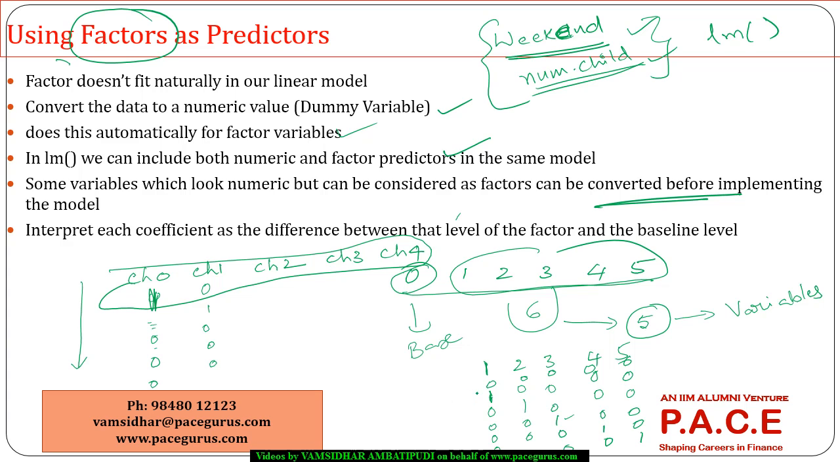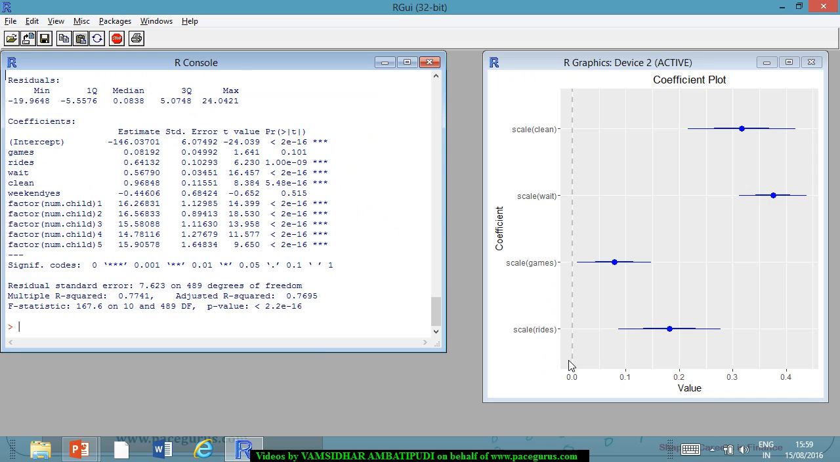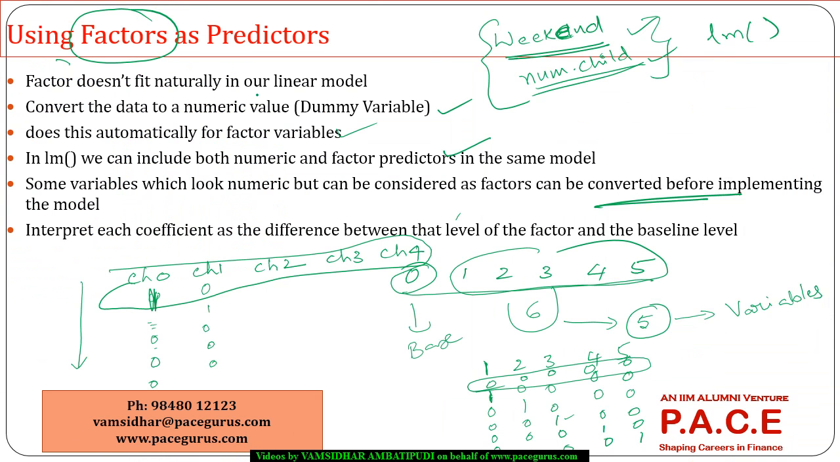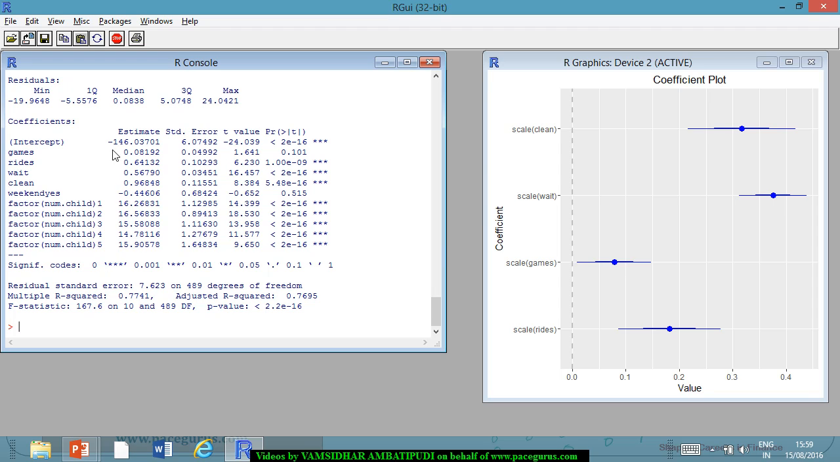Now that is why I am calling the 0 children scenario a base, and all others will be relative to this particular base. So that is what I am trying to look at. Interpret each coefficient for this predictor variable as a difference between the level of the factor and the baseline level. The baseline level I always look at with respect to the intercept. And with respect to this intercept, I'll look at, okay, if there is one child,